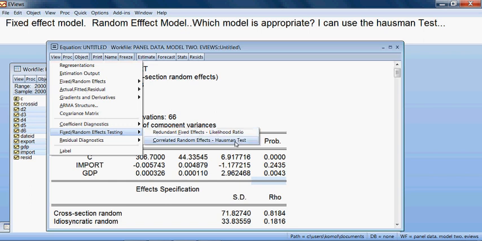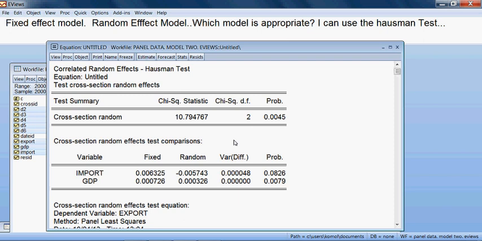Then here is the Hausman test. I select this one, the Hausman test. You can see this one is the chi-square value,